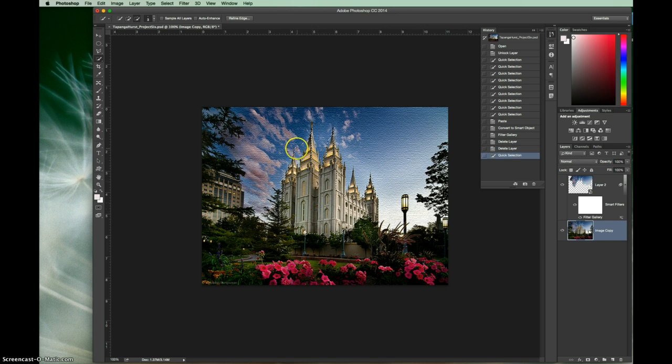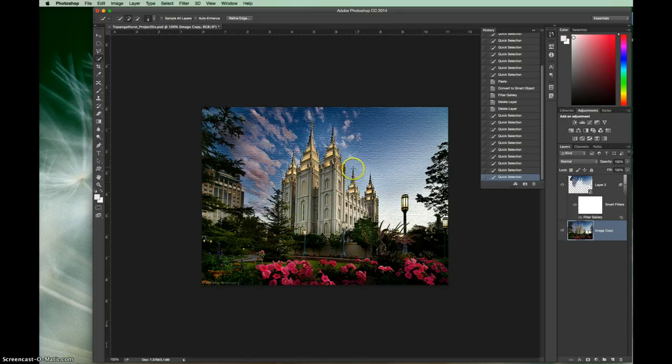Okay, and I'm going to take away from that selection a little bit, a little bit there, a little bit more. I'm going to add to it right here by holding my shift key. I'm going to add that little steeple right there. Okay, so that's kind of good. It's not the best